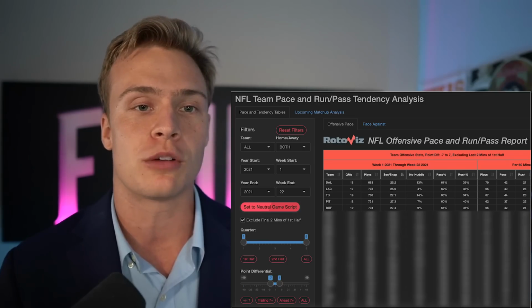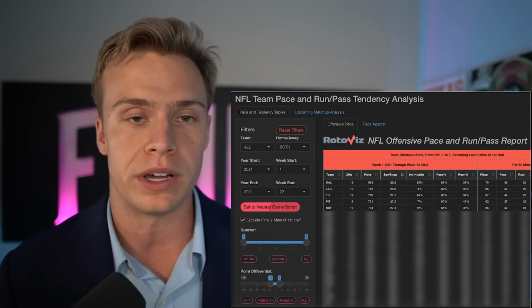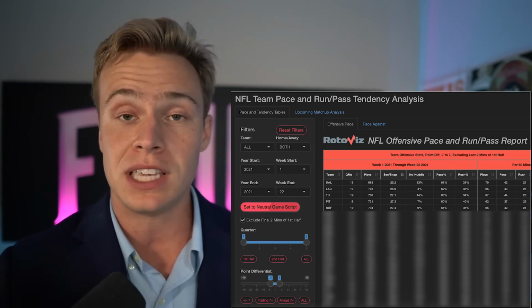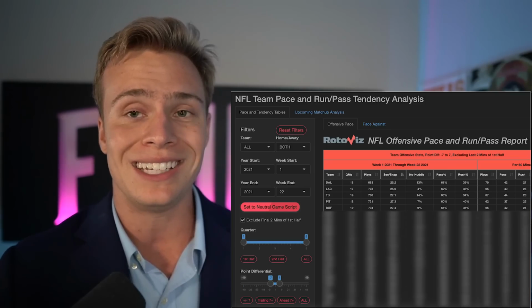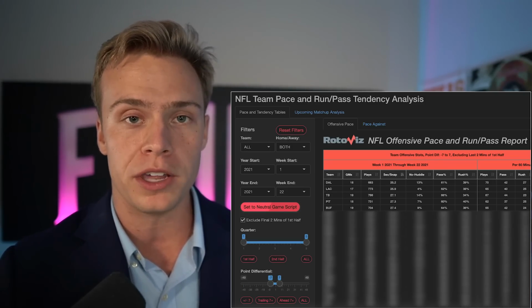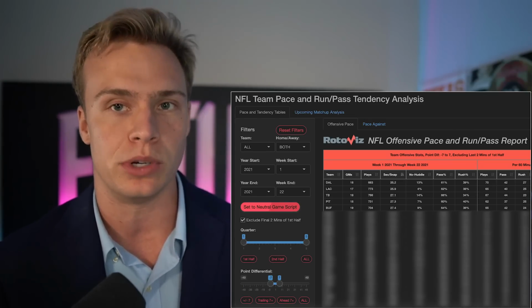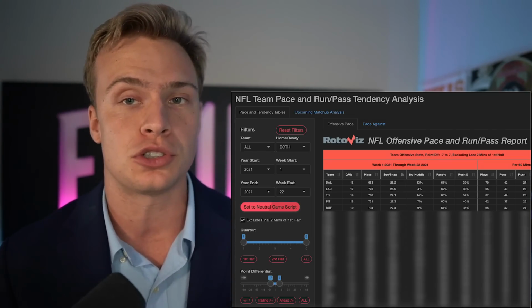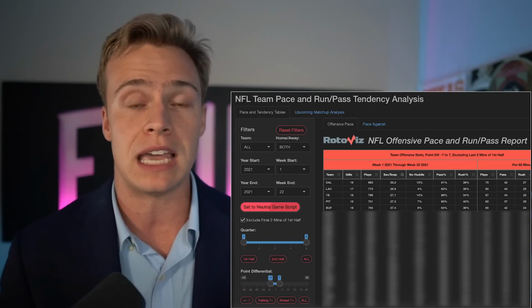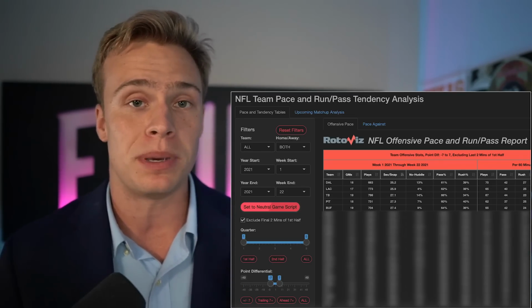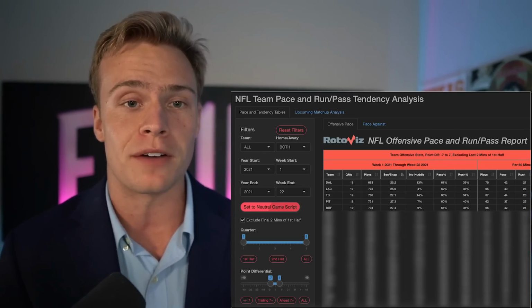So if we go year by year, let's look at 2021 as the most recent example of teams that push the pace of play in game neutral environments. At number 1, most people who run projections should know this by now, you have the Dallas Cowboys. At 2, you have the Los Angeles Chargers. At 3, you have the Tampa Bay Buccaneers. At 4, you have the Pittsburgh Steelers. And at 5, you have the Buffalo Bills.